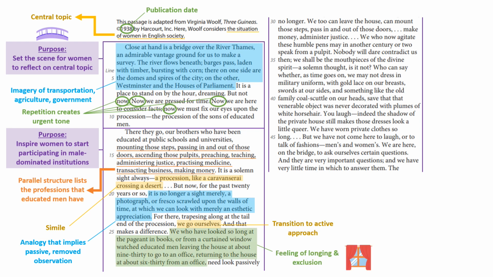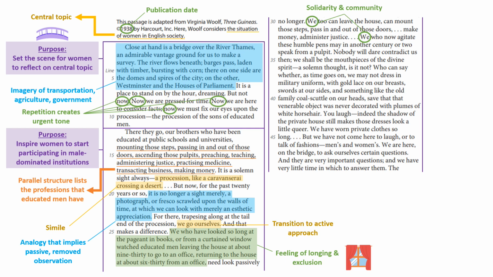This highlighted portion shows that women who are sequestered or isolated at home have these feelings of longing and exclusion because they too wish to have the opportunities that men have. It's also important to note that the author uses the pronoun "we" to express solidarity and community with other women. By saying "we," the author includes herself in this group and suggests that she and her readers have traits in common.